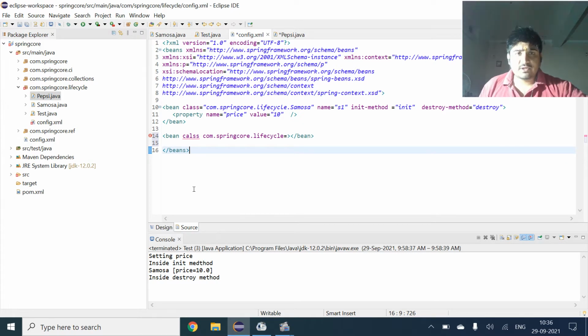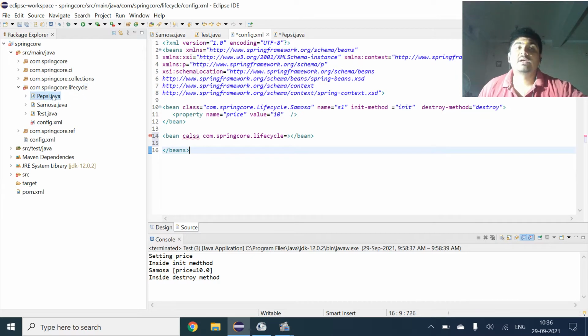So what I have done is I have just created a new class. I am working in src/main/java, in which I have created all the packages: com.springcore, com.springcore.ci, com.springcore.collection, and right now I'm using com.springcore.lifecycle.